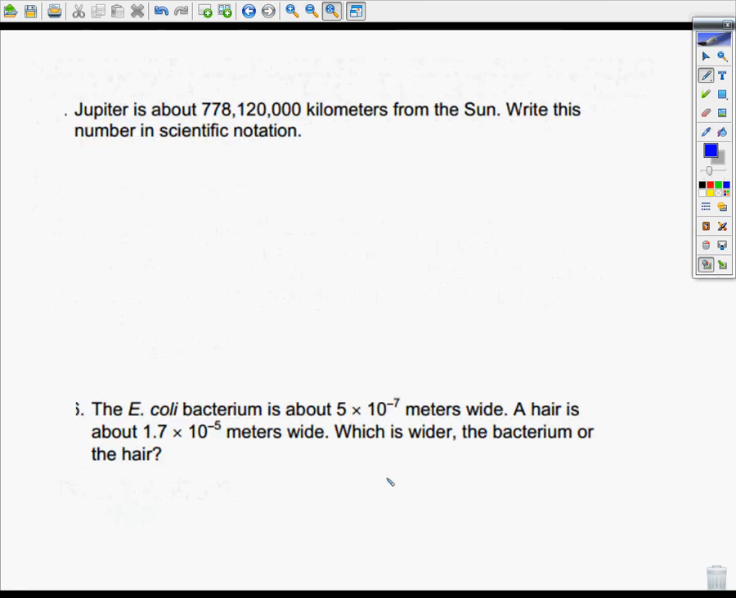Okay, Jupiter is about 778,120,000 kilometers from the Sun. Write this in scientific notation. So the decimal has to go here, so 7.7812. You can drop off the zeros at the end, you don't need them. And remember, this number got smaller, so I'm going to end up using a positive exponent. I start down here, and I move it 1, 2, 3, 4, 5, 6, 7, 8. So times 10 to the 8th